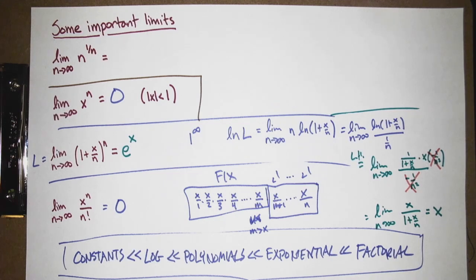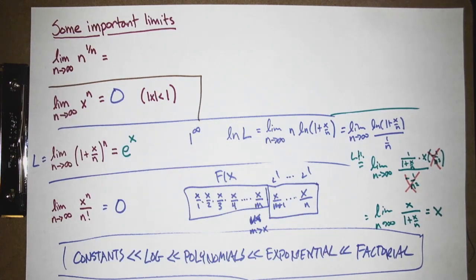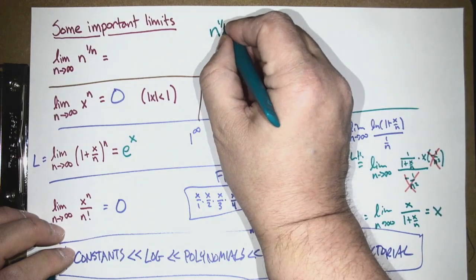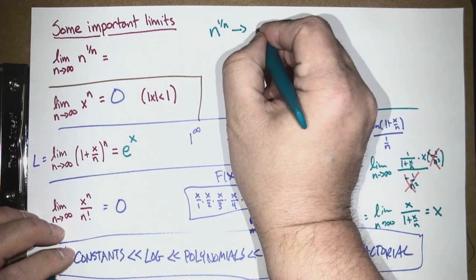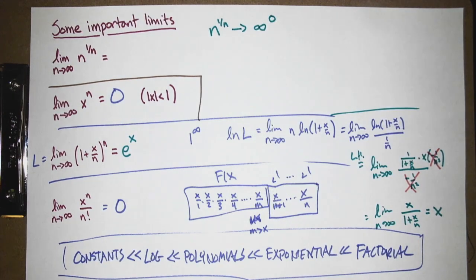So how do we handle things when there's an n downstairs and upstairs? And in particular, not only is there an n downstairs and upstairs, if you think about what's going on, you have n to the 1 over n, which is going to infinity downstairs and 0 upstairs. Because 1 over n gets small, n gets big. And infinity to the 0 means